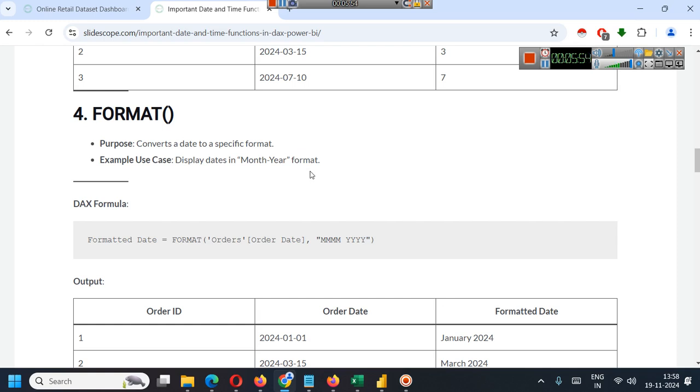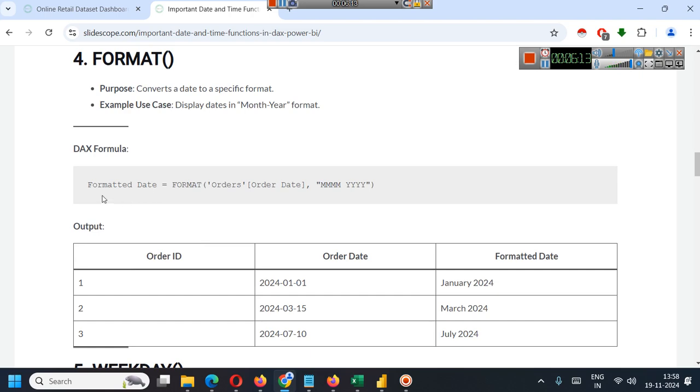Then another important function is format, because what happens is, suppose the data set is in US date format and you want to change it to Indian date format or any other format. You can do it with the help of the formatted date. So what you can do is, let's say you just want to display month and year. So let's copy this and we'll create